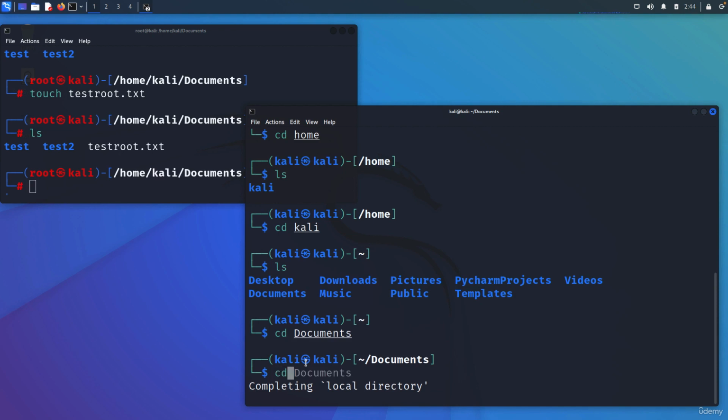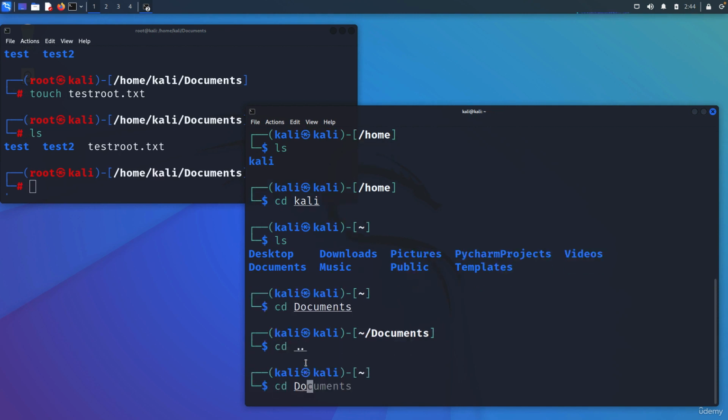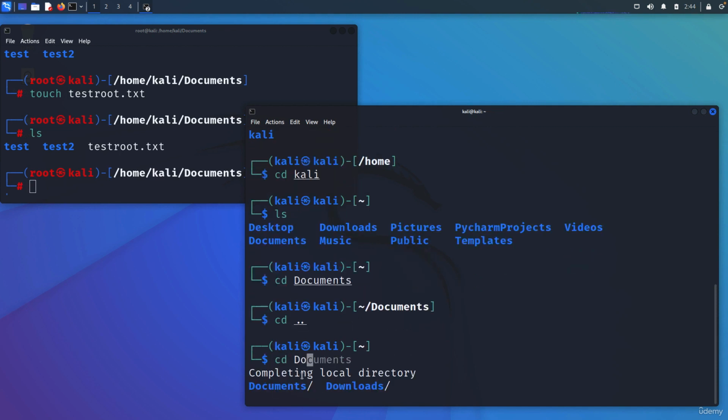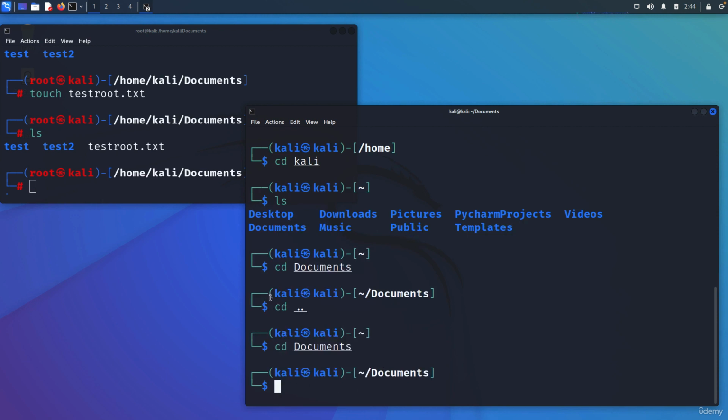If I write cd .. I can go back. If I write do and hit tab, it will autocomplete. As you can see, if I hit tab, it will say that you want documents or downloads. If I write doc and hit tab, it will autocomplete.